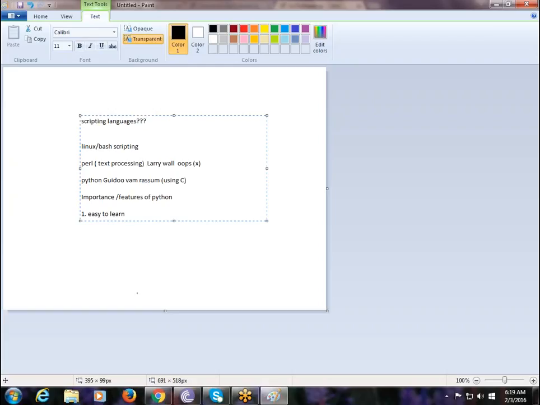One reason it is easy to learn is that the syntax is very easy. Whatever piece of code or snippet you write is in general English. If I give you a Python program right now, even if you are not sure about Python, you can get at least 40 to 50% of the functionality from that piece of code. To some extent you can get the functionality.